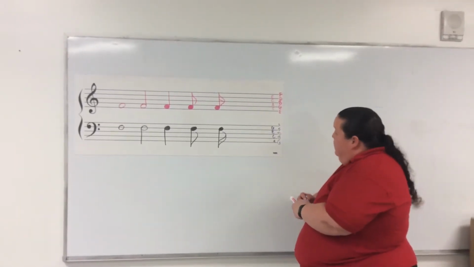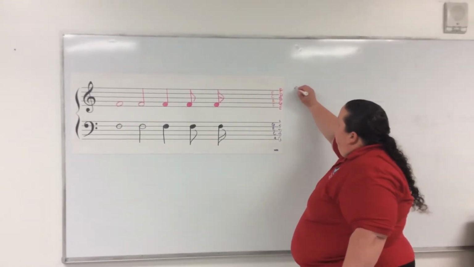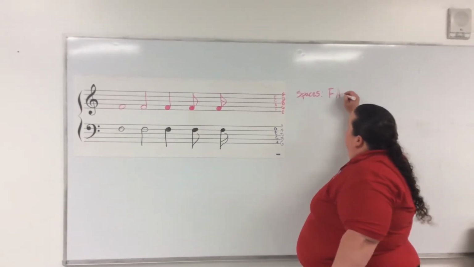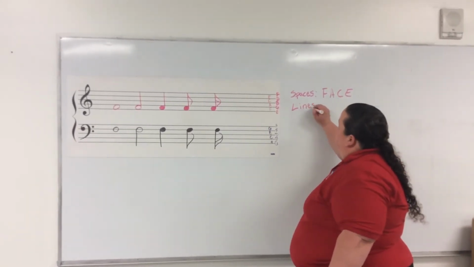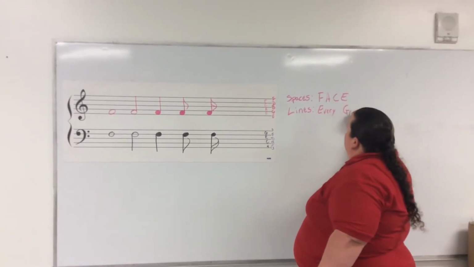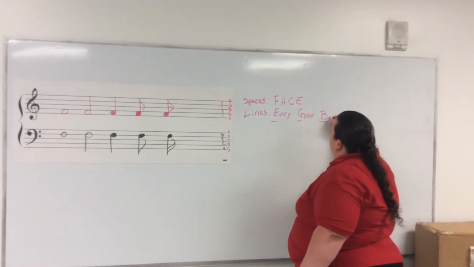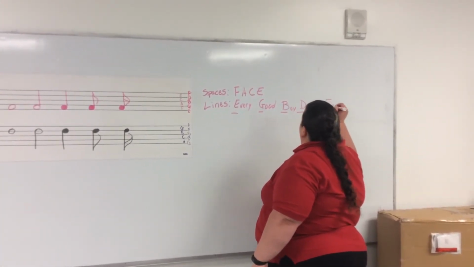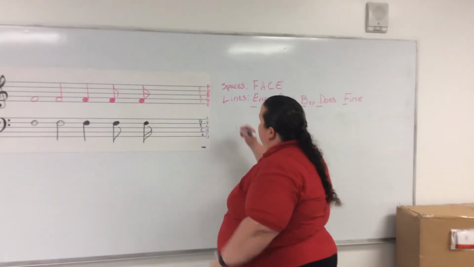Okay, so let's review. The spaces for your treble clef are F, A, C, E. And the lines for treble clef are your sentence, every good boy does fine. Okay? Your bass clef spaces